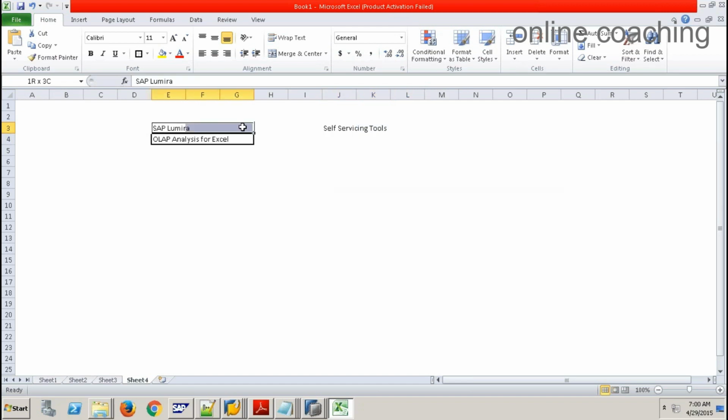So Lumira would be a dashboarding self-servicing tool where they can create their own visualizations and storyboards. And this will be more like an Excel-based analysis, Analysis for Excel. Both are self-servicing tools. And similar to your Design Studio, Lumira also can be used as a front-end tool for HANA without Business Objects Enterprise. Without leveraging BOE, Business Objects Enterprise,